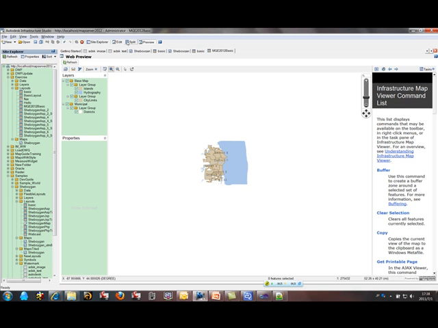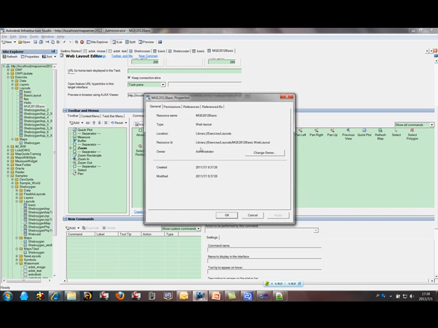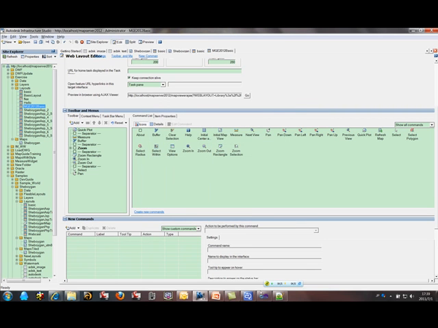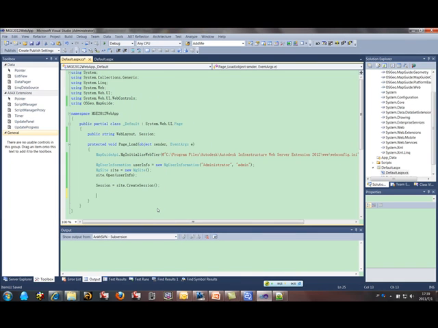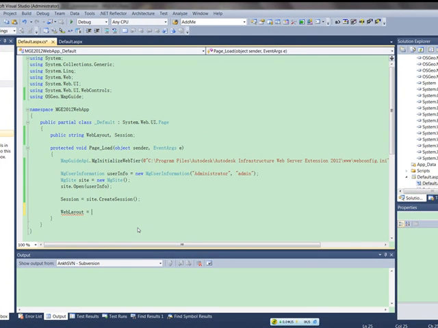Next step, we need to embed this web layout into our custom applications. So I need to get the resource ID of this web layout. I right-click this web application, select properties, and get the resource ID. You can copy the resource ID and paste it into Visual Studio. And the web layout is equal to